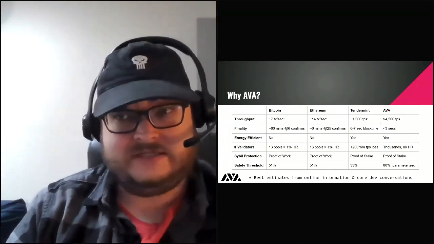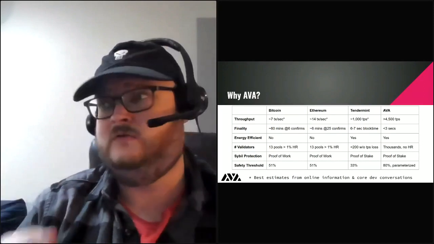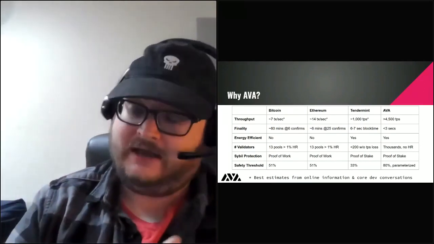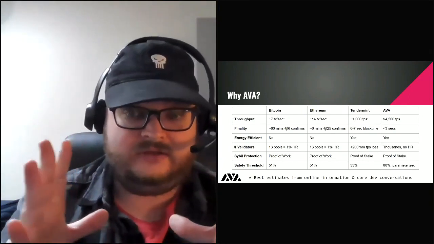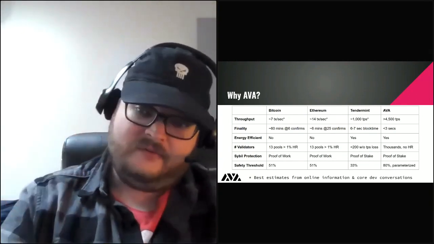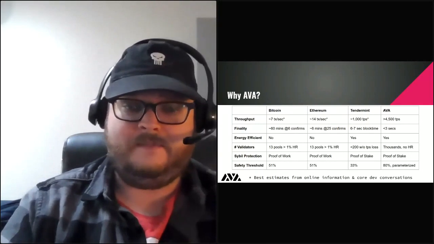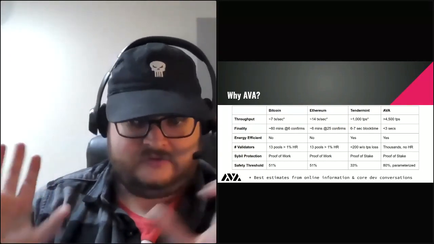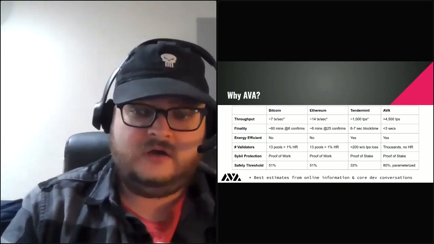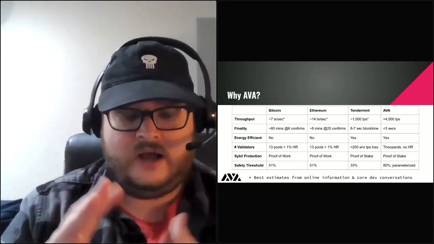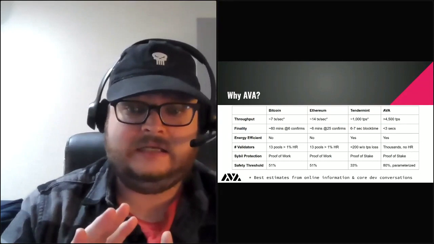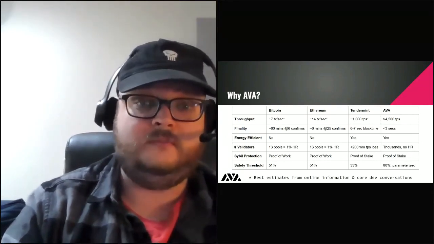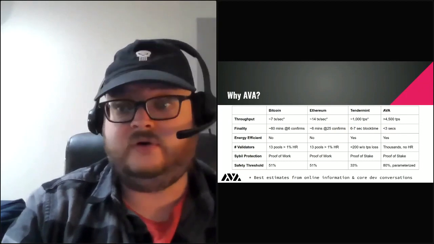So it's a 33% safety threshold, but you can only have 200 validators, which means basically you're capped at the amount of decentralization you can have in this network. And with Ava, we don't really have a cap. It scales O(1) amortized messages with the number of validators in the network. So we're not bound by any strong limit to the number of validators who can participate in the network and vote on validate